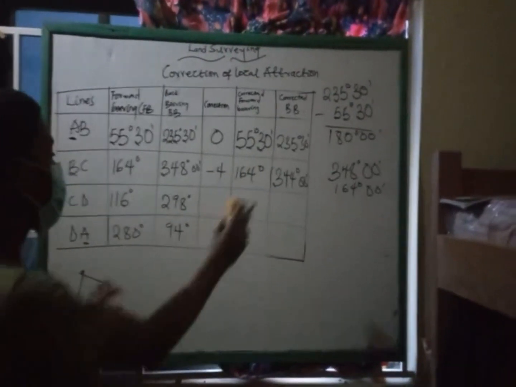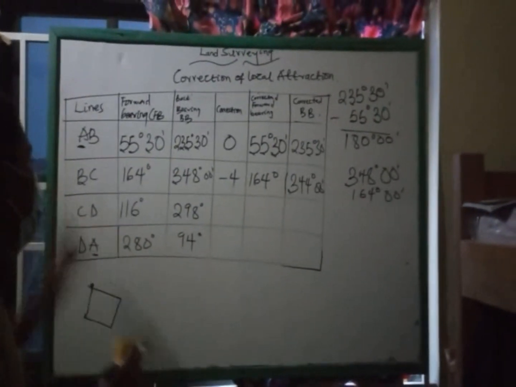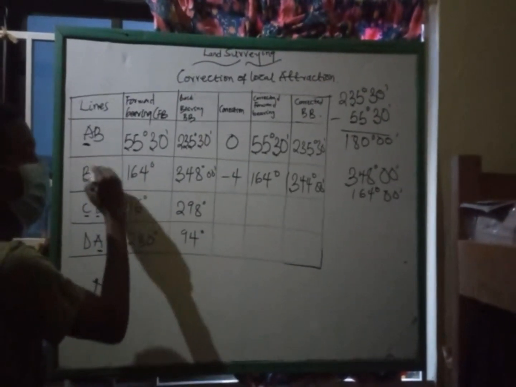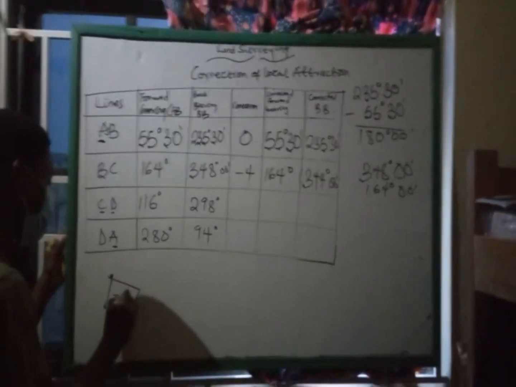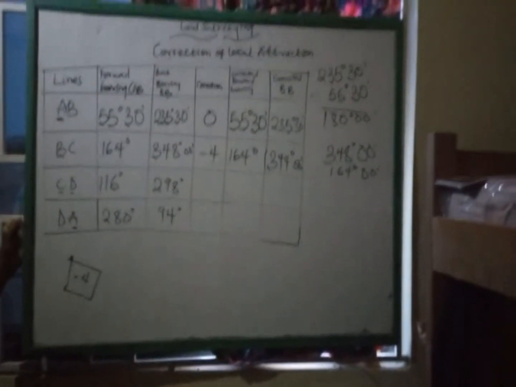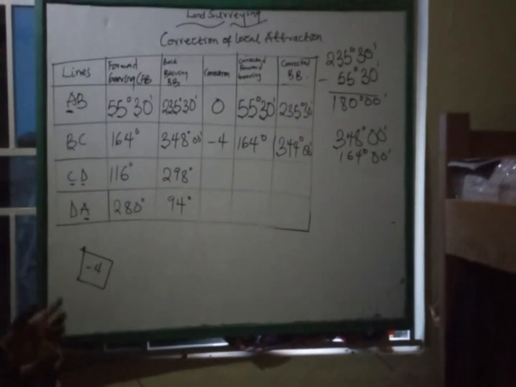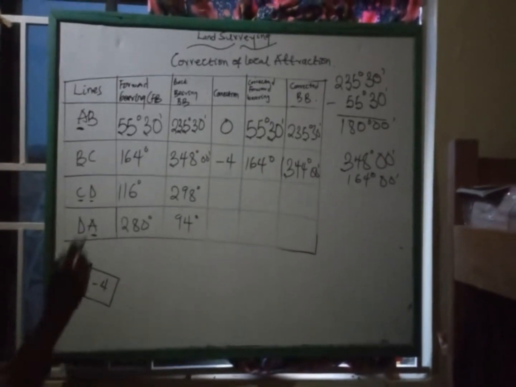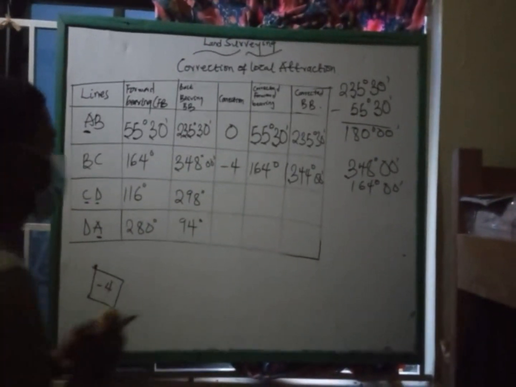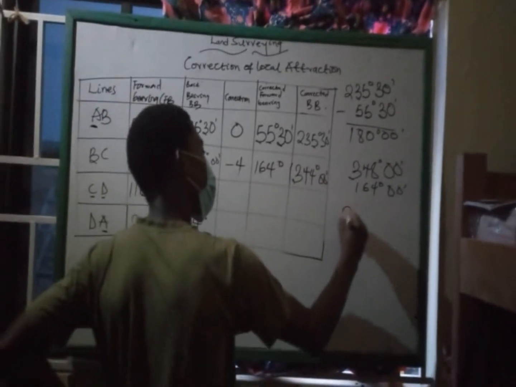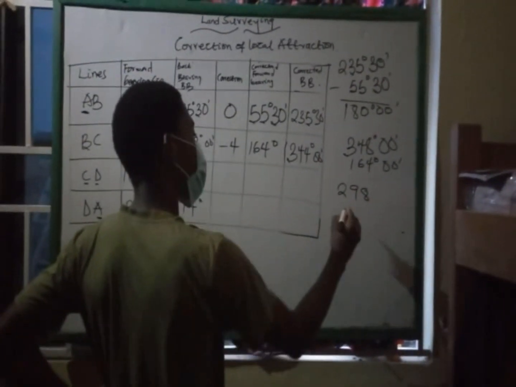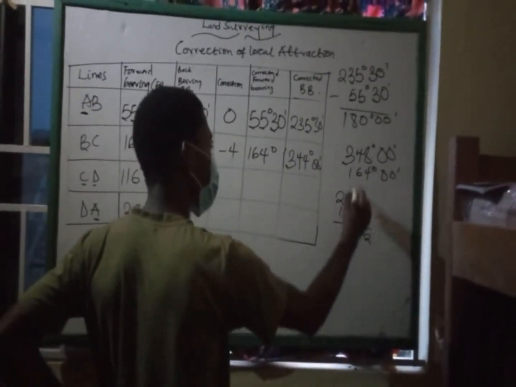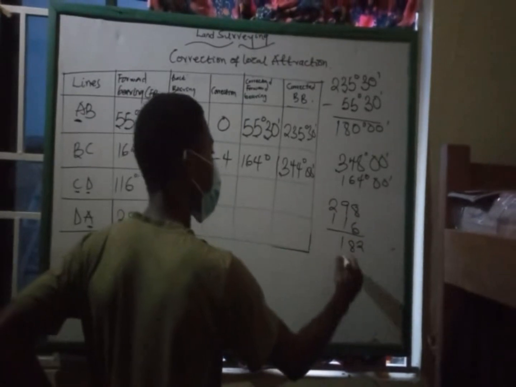Okay, now moving on to C, we are starting at C to sight at D. Now we saw that an error occurred at the point C, which was -4, so you have to bear in mind that there is an error of -4 at the point C, and hence -4 will have effect on each of the various sides. So let's take into consideration our normal subtractions, and let's see what we are going to find. So here we have our back bearing to be 298, and our forward bearing to be 116. When we subtract, we have 2 here, we have 8 here, and we have 1,